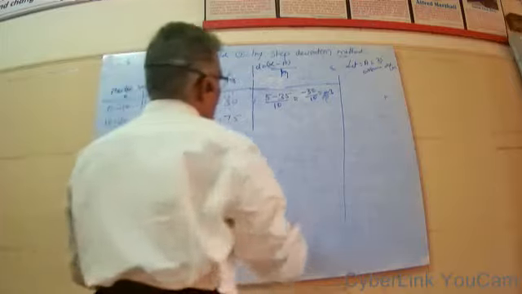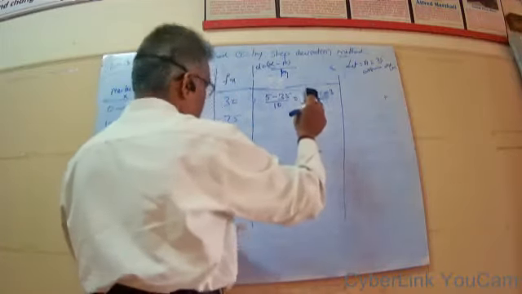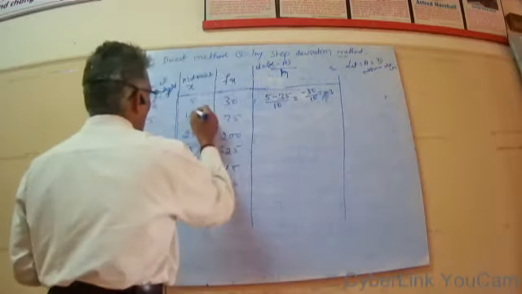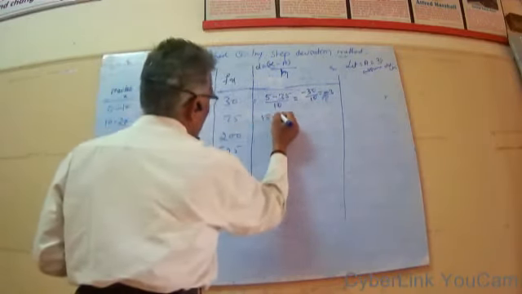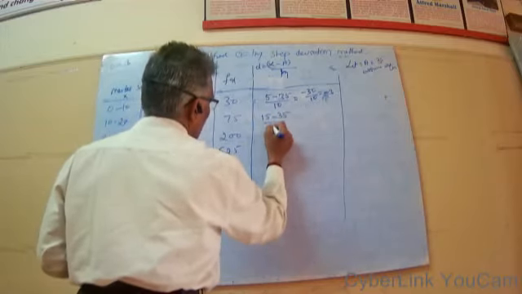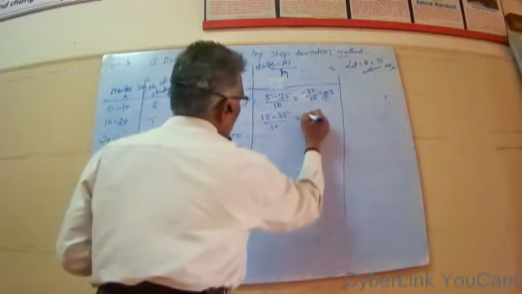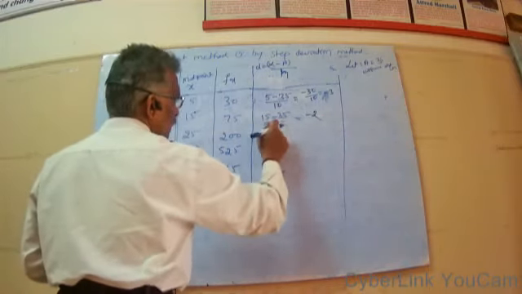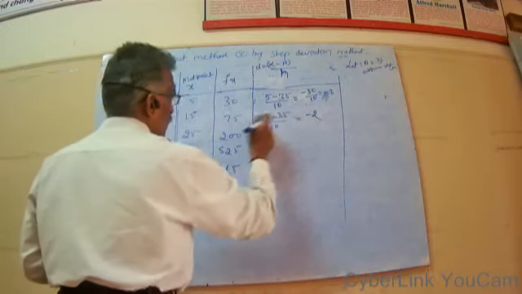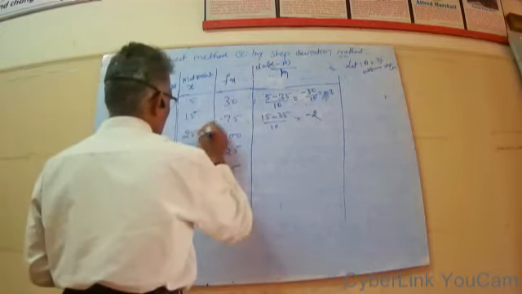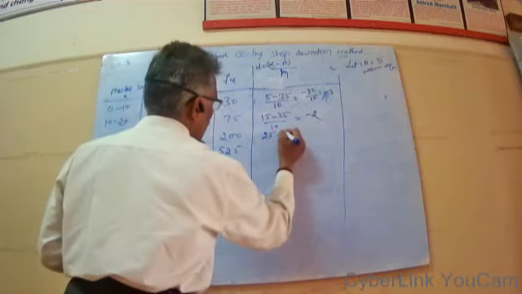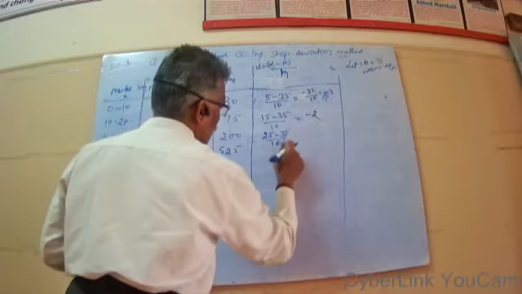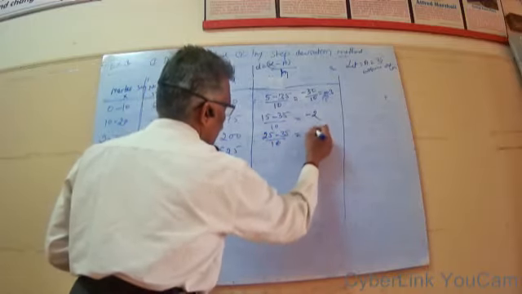Second is, next is x 15 minus 35 divided by 10, which equals minus 20 divided by 10, which means minus 2. Third is 25. Next, this 25 minus 35 divided by 10. This is minus 10, minus 10 divided by 10 equals minus 1.